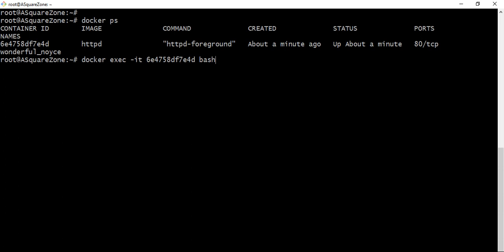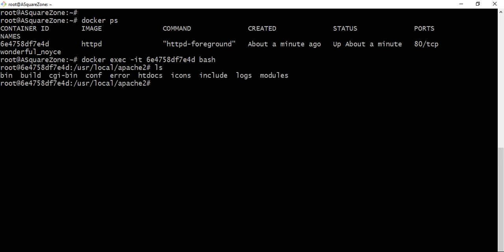Here it accesses the Docker container and we can run commands inside the container. Now we are in the container. If we want to execute any commands here, we can execute. It is showing the list of files inside the container. If we give the exit command here, we will come out of the container.